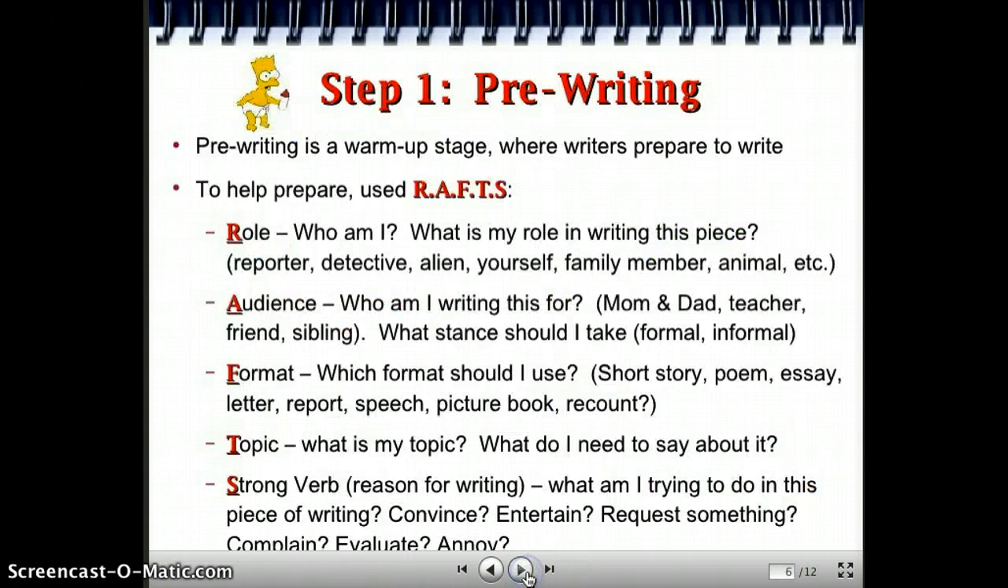Moving on to the next slide. So here we have yet again another erroneous image of Bart in a diaper. Introducing step 1, which is pre-writing. It is centered, it's in red, the color needs to be changed, and it needs to be off-centered. And we see